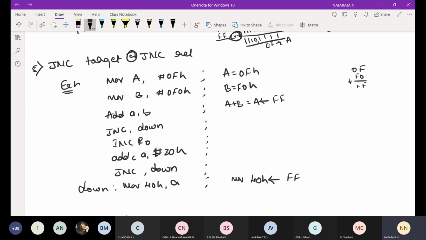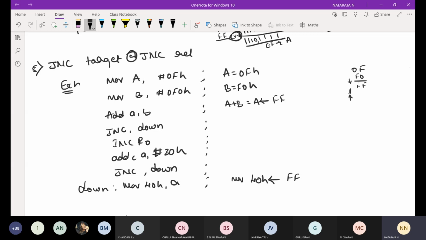Before execution, write these things, and after execution, what happens, you have to write. In case you are going to generate a carry, for example, if I take another number, FF or 0F0, the last number I took in the last example, we are going to get a carry.